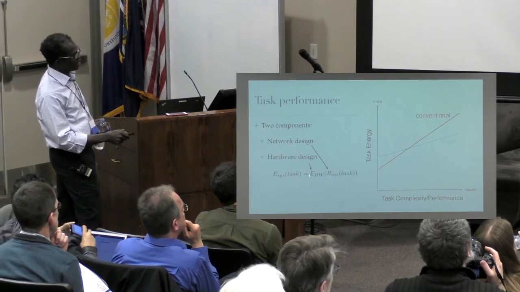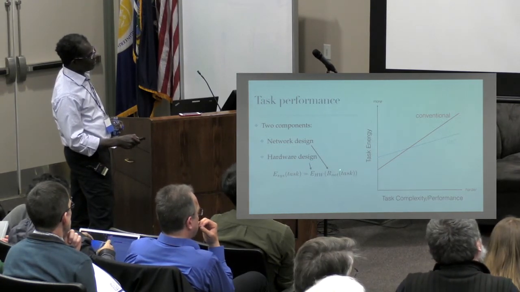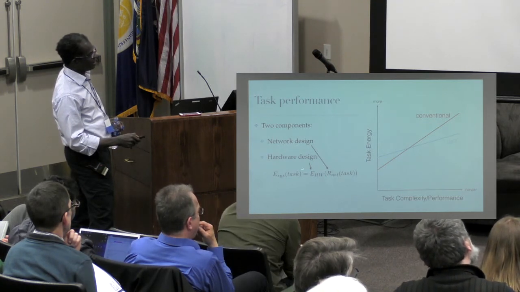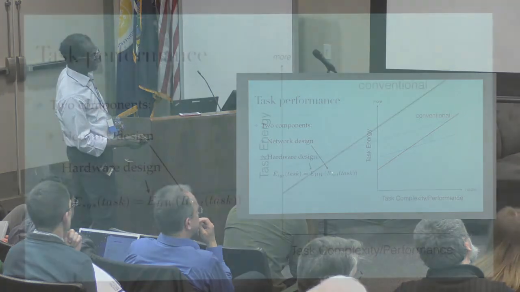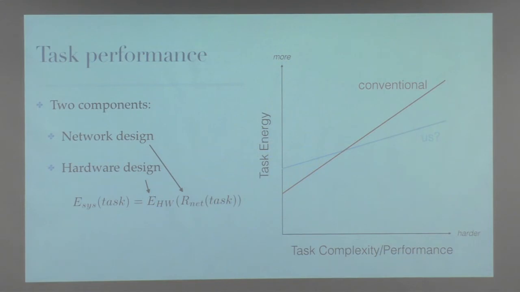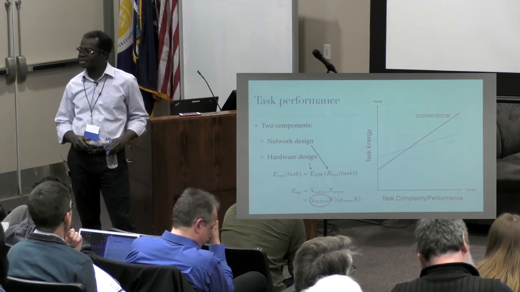We focused on hardware design right now, but the energy you're going to use for a given task is a combination of whatever network is required to solve that task and whatever energy you take to execute that network, right? We're assuming we use the same network as the other guys, but this is going to change. As you put more constraints, temporally and spatially specifying, it may impact the size of the network adversely. So we still have to evaluate that whole stack all the way to the application energy. So far, we've focused mostly on specifying this. I think we can still specify in time more, but that's the next project.